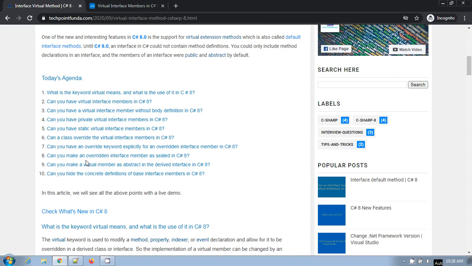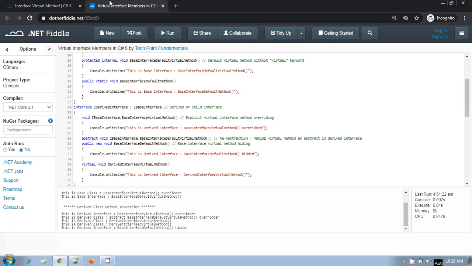Can you make an overridden interface member as sealed in C# 8? No. As you know, this is a feature in the traditional version. In a class, you can make any member sealed in the derived class, right? But in C# 8 you cannot make any overridden interface member sealed